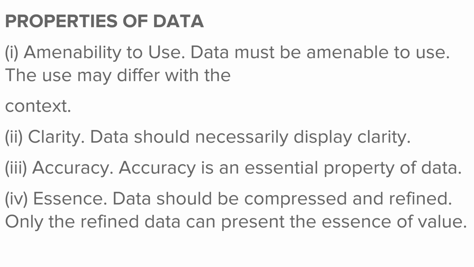The next one is accuracy. What do you mean by accuracy? We use the term accuracy in measurements and all. Accuracy means a state or quality of being correct or precise, exact, perfect, accurate. We used to say accurate reading in measurements. When we stitch a cloth, we take accurate measurements.